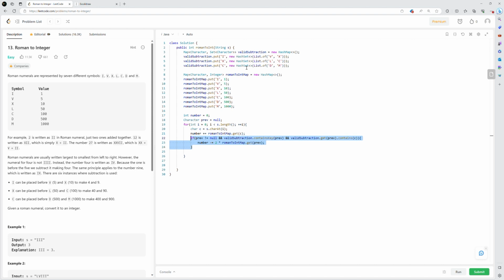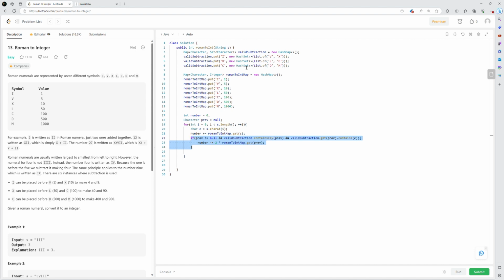So let's say we have an X, and we'll get true for the contains key because our valid subtraction map contains that key. But to be sure that it's a valid subtraction, we also have to check that the current symbol is part of the set in the valid subtraction map. So for example, if it's an L, we know that X maps to the hash set of L and C, and with them it forms a valid subtraction. And if that's the case, we will